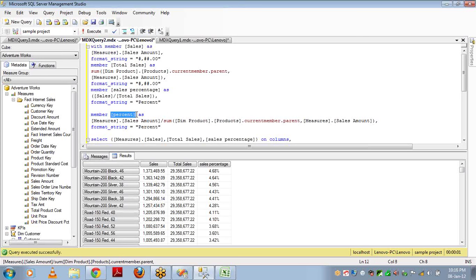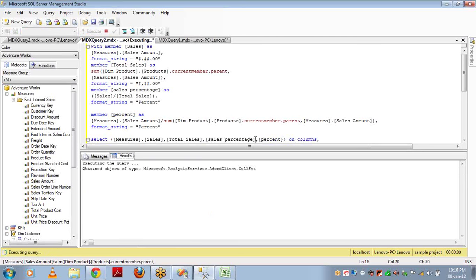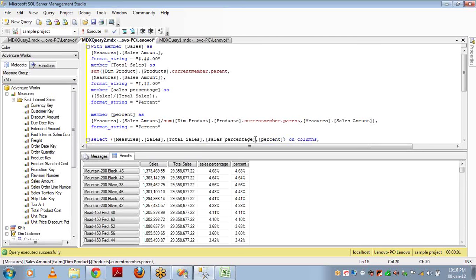So instead of 3 different calculated measures, I have written it in 1. So it is giving me the same thing. So this is how you can write calculations.